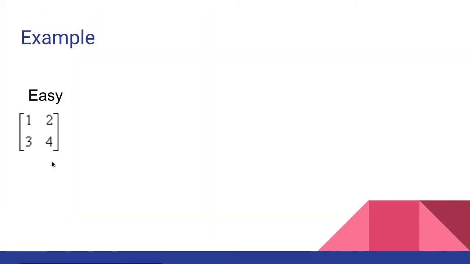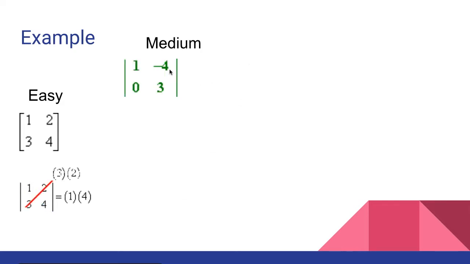And first, an easy one, you do 3 times 2 first, and then 1 times 4, and that is 4 minus 6 equals minus 2. And then the medium problem is this,